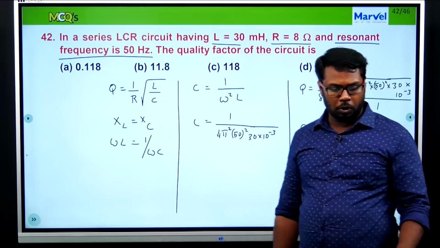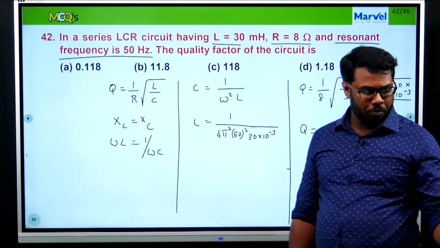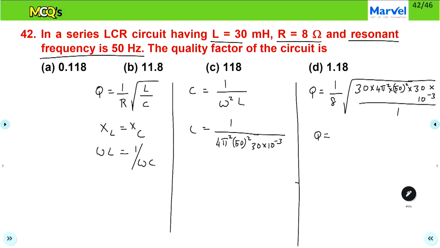The answer for this particular question is, the Q value we get is equivalent to 1.18. I am not going to do all these calculations inside the root, because it's straightforward, because most of the things are actually squared before putting it in. So try to pull everything out. You see 30 and 30 is also available. You can just also pull that out. So the calculation is also very easy inside the root. I am not going to do that. And the value for this is 1.18. So this is the Q factor for your LCR circuit.